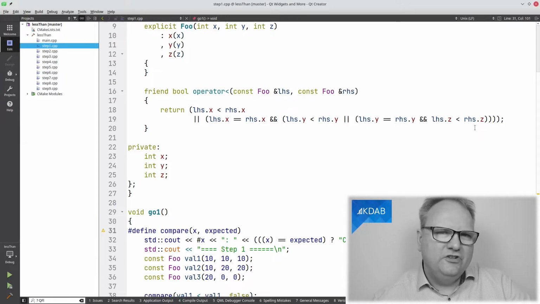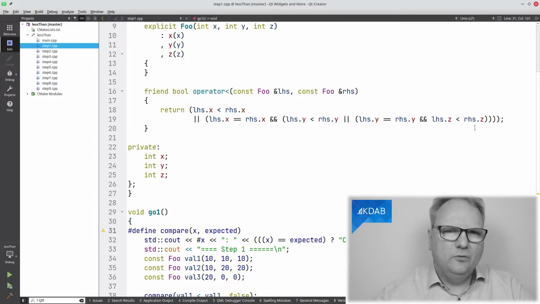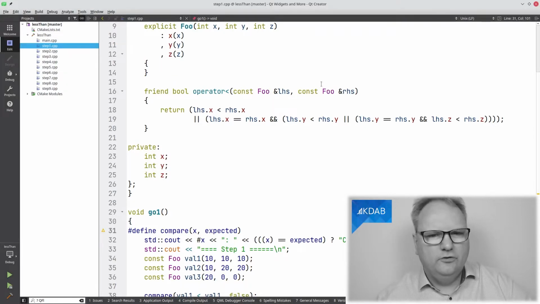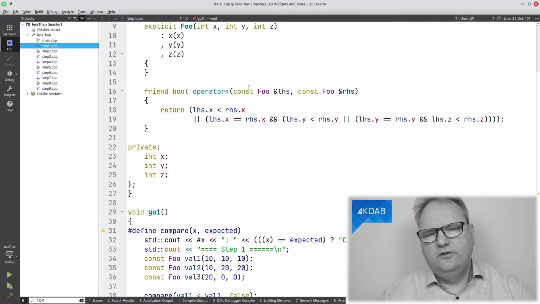And there are a few changes already in this example compared to what you saw on the screen. Well, there's one change, namely that it's a friend here, and for the reason for that, there's a link below telling you about the whole concept of hidden friends and whatnot. But the very short story is that if I had my operator less than just taking a const foo other, then depending on the semantics of C++, this other would go into a game of implicit conversion if I needed to, while the left-hand side wouldn't. So that could give us some confusions.